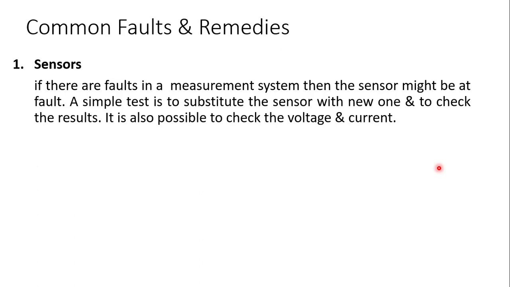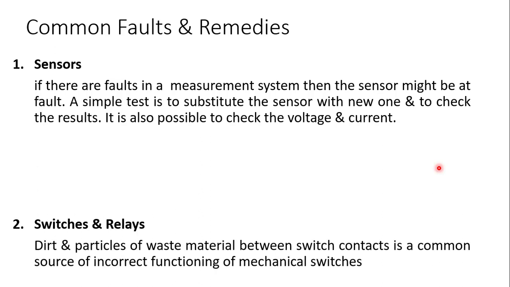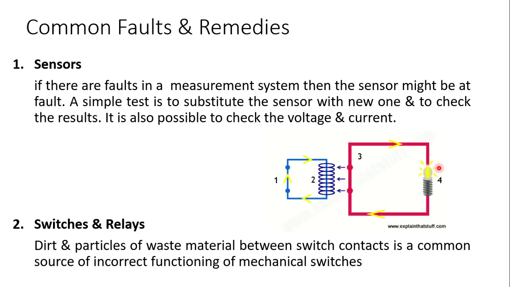When you feel that the sensor is not working well, then you compare it with the new sensor. If they both give the same output, it means both are the same. Clear? Otherwise, your sensor is faulty. Correct. Then there are switches and relays. So what are switches and relays? As you can see, we have discussed the induction also. So switches and relays are simply to turn on and off.